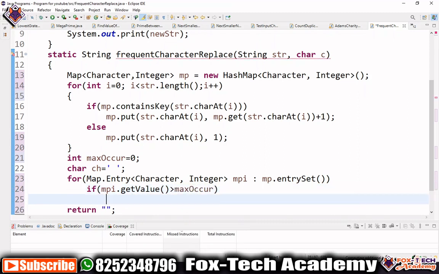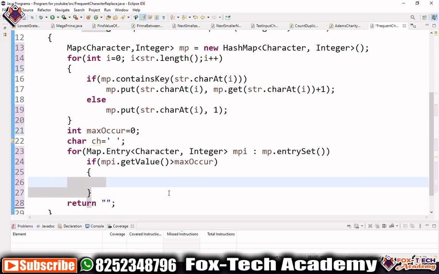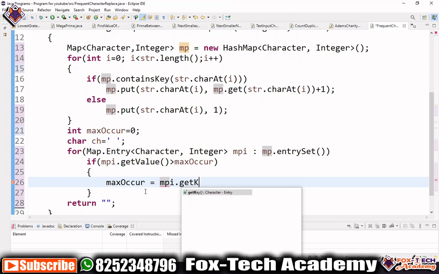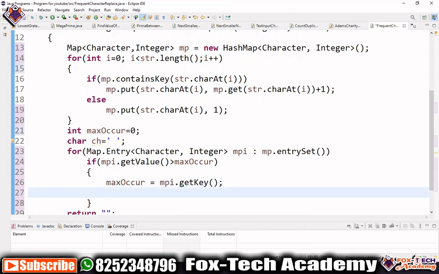Then what we have to do? We have to change the value of maxOccur to mpi.getValue. Sorry, first it was getKey, but that will not work, it will be getValue.